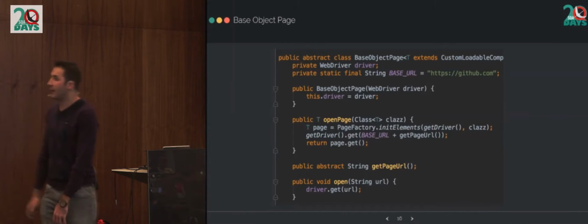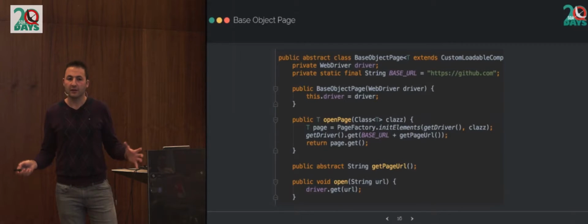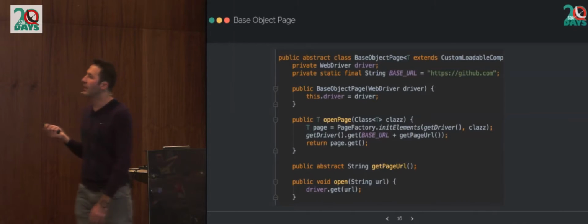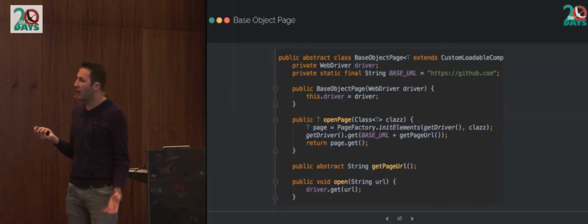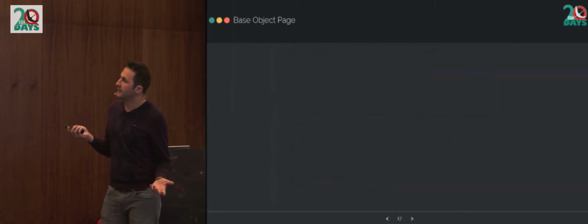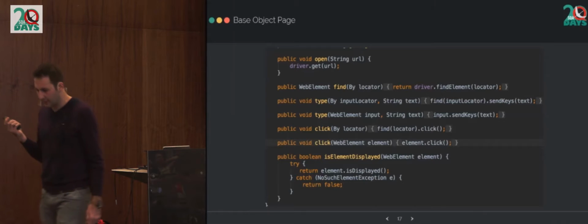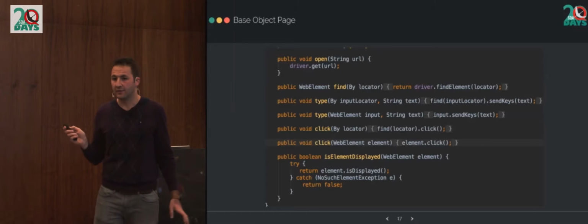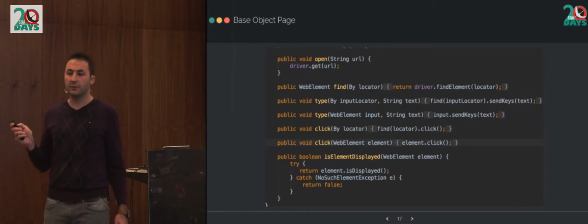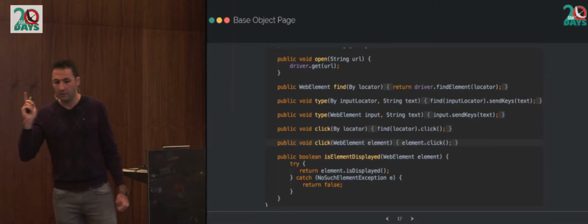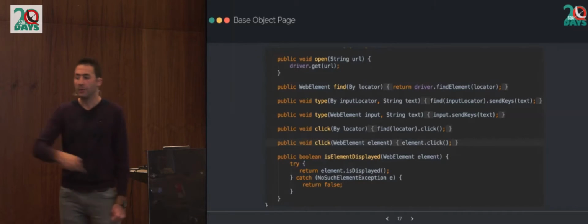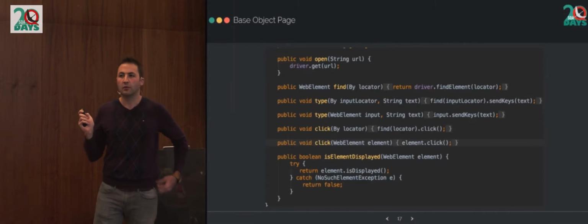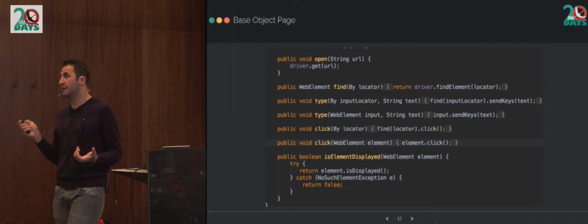In the base object, we are collecting the general methods that interact with Selenium, like declaring the URL, opening the page, and so on. These are all the methods that interact with Selenium: type, find, click, etc. So we will never go directly from the test to Selenium WebDriver and say click. We always use our method declared here. This also helps us with better maintainability and